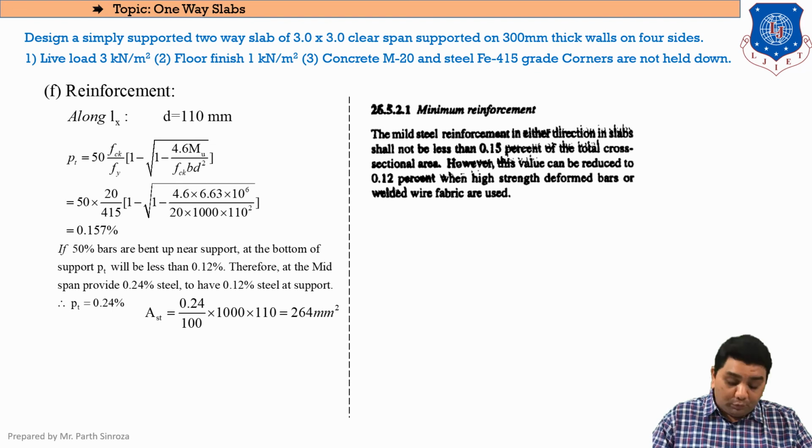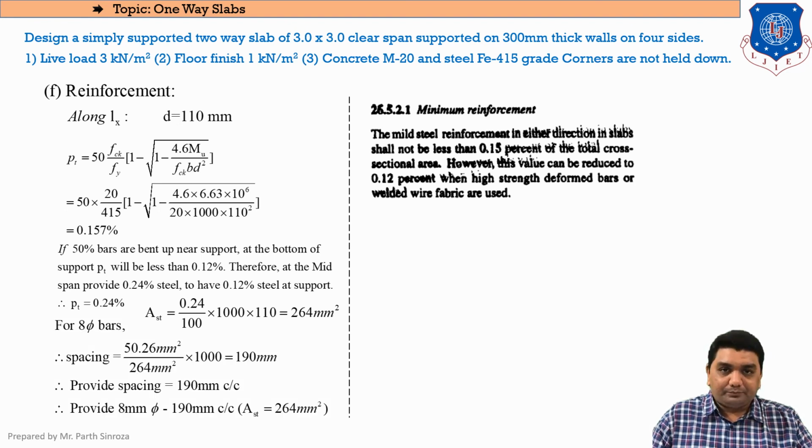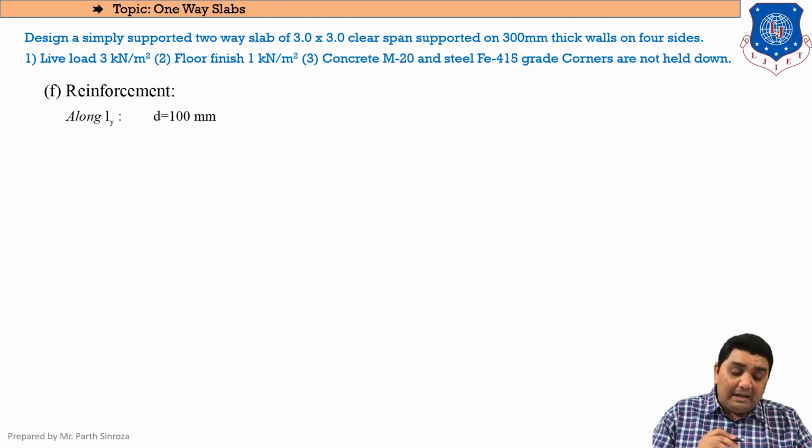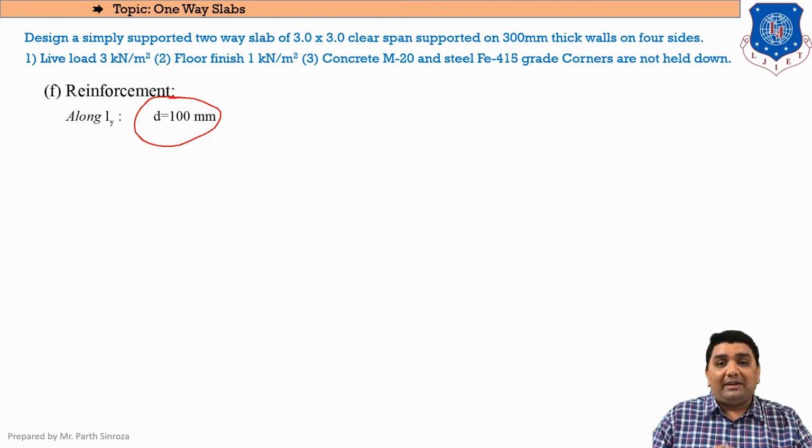So we will be taking PT as 0.24, and from the 0.24 value the AST will be found out, and after AST the next step will be to provide a spacing, as we were dealing with in the earlier chapter 2. Clear? So this is the design of main steel along X direction. Now we'll be moving forward to the design of main steel in Y direction. For Y direction, again the procedure will be the same, but keep in mind the depth in this case will be 100 mm. This is the only change regarding X and Y, so the final spacing will be different, because moment is same, length is same, width is same. The only thing that is changing is the effective depth.